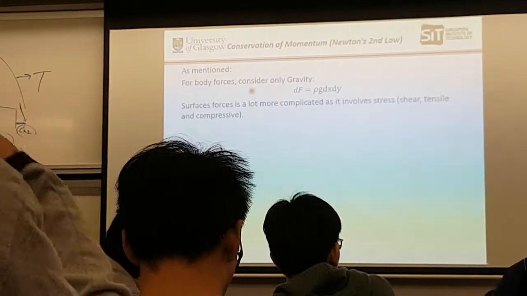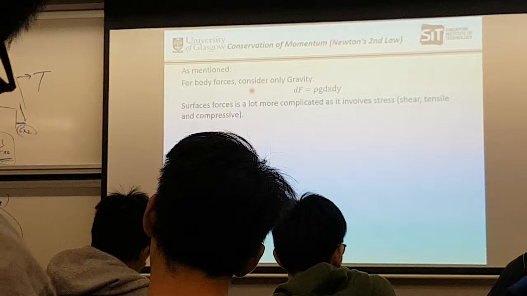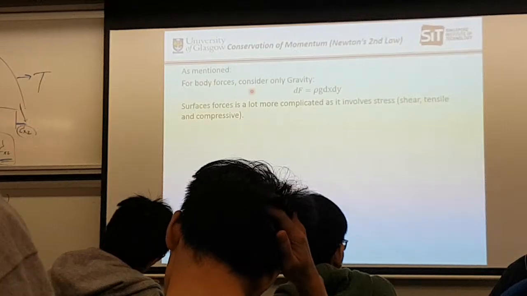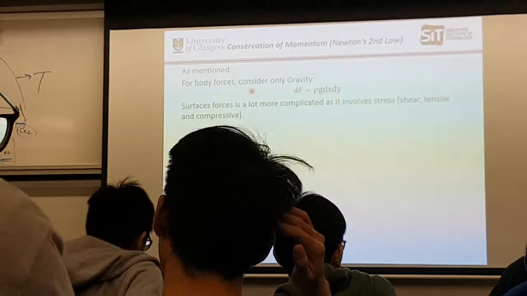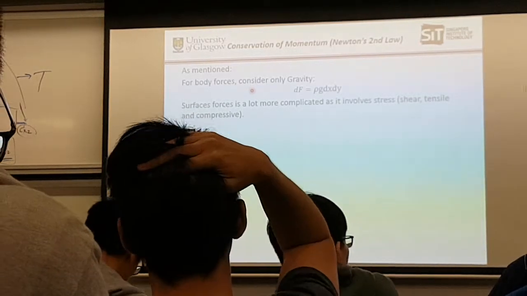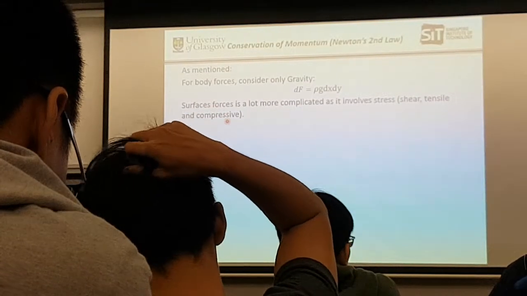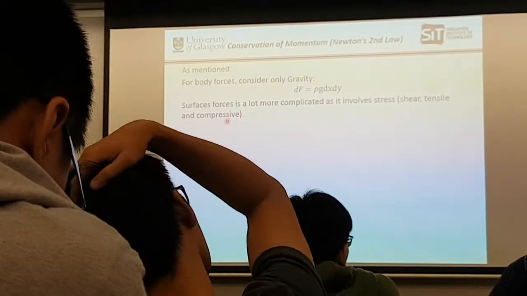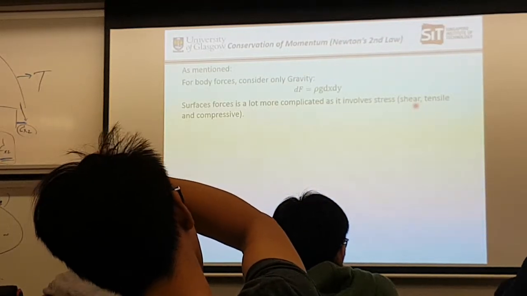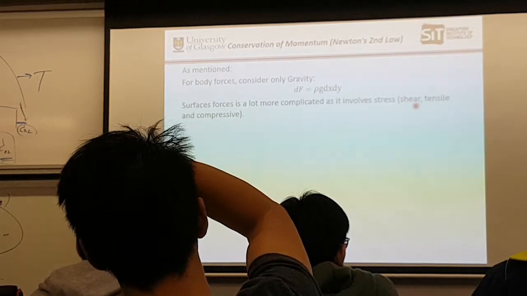Gravity is very simple, but the problem is what we have just considered for the boundary layer. Remember the boundary layer? We said if there's a shear stress, that will cause things to rotate. When there's rotation, it will cause drag. Drag is a force, so we must be able to consider what this drag force equals to. That's why surface forces, in this case drag forces, are more complicated to calculate. Not just drag, but you also talk about your tension force, that means the pressure acting on the surface, whether it's a compression or tensile force. These are things that will affect